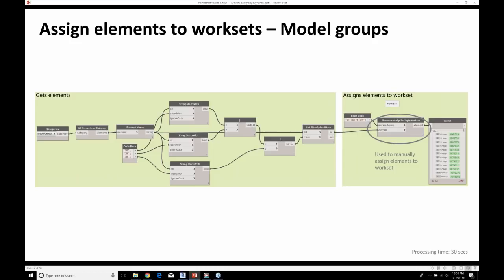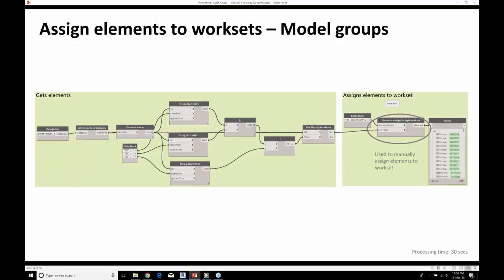So what I can do is return all the model groups, filter those out by any that start with either of those prefixes, and then assign them to a workset based on the name.